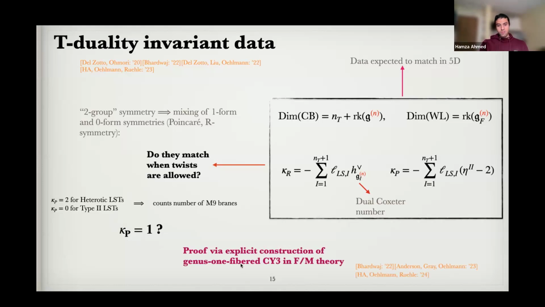So the way to prove the duality would be to construct these theories via their F-theory realizations, via F-theory on a Calabi-Yau threefold, a genus-one fibered Calabi-Yau threefold, and then use M/F-theory duality to prove this duality. I won't talk about the geometry much in this talk due to the lack of time, but in our paper, and indeed one of the novelties of our work was to have explicit toric realizations of all these duality chains that I'll tell you about, and prove the duality in that way as well.